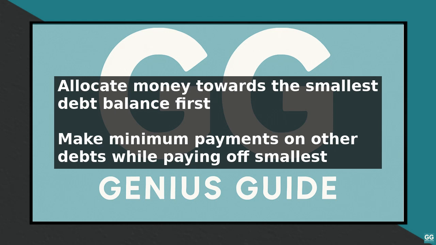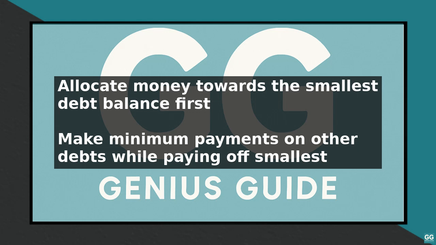on the other debts. As you pay off each debt, use the money to attack the next debt on the list. For example, if you have 2 credit cards, one with a $500 balance and the other with a $2,000